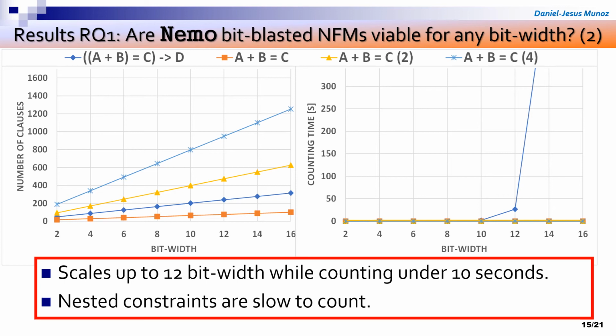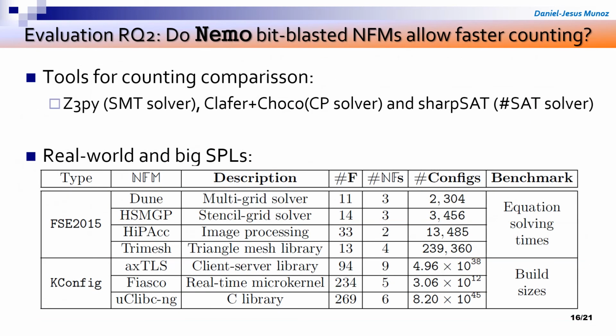What can we take new from here is that it scales up to 12-bit width while counting under 10 seconds. And also that nested constraints are the slowest to count. Now we'll be checking